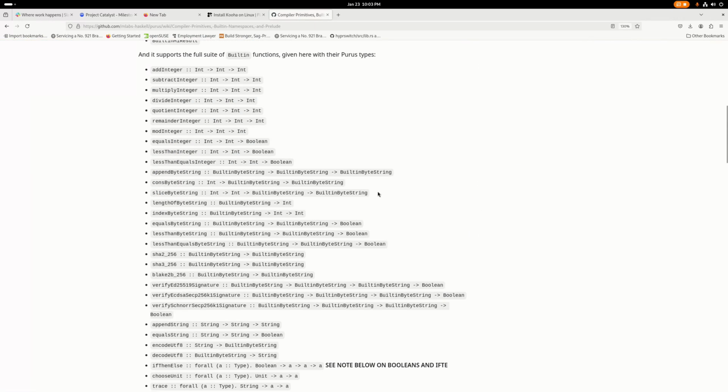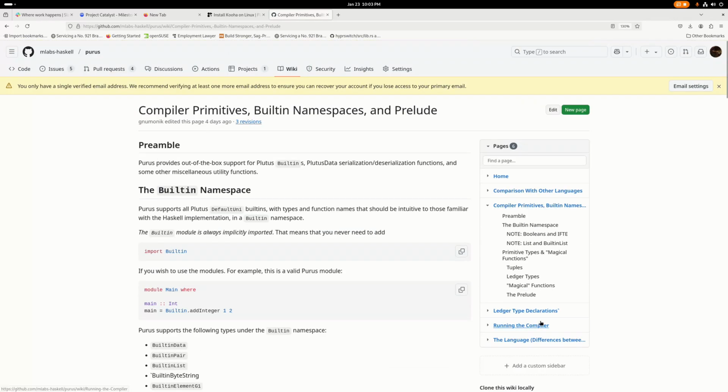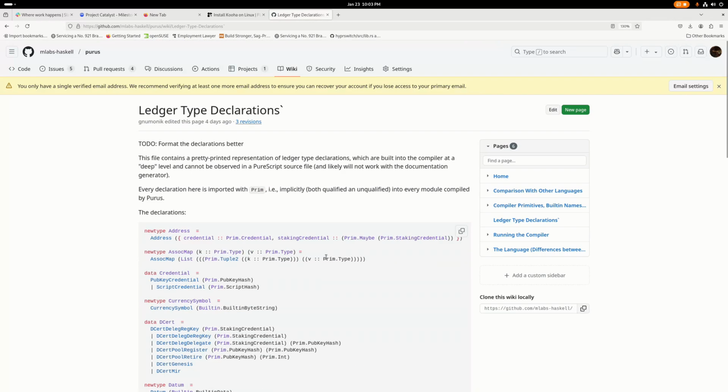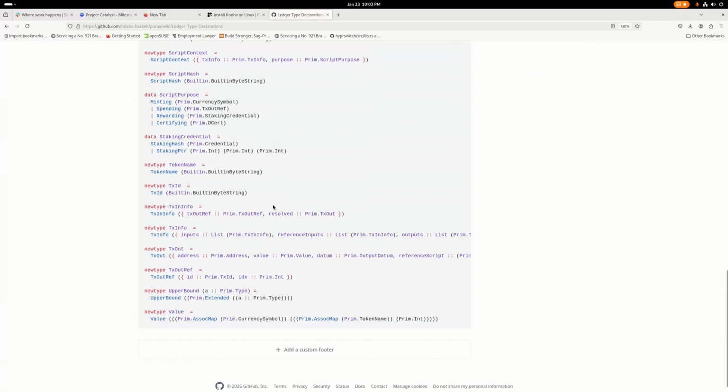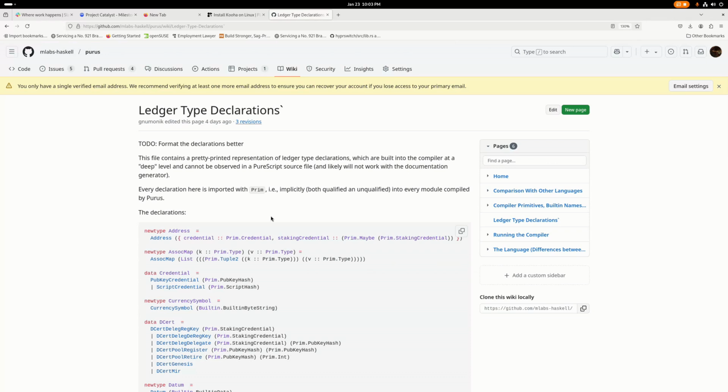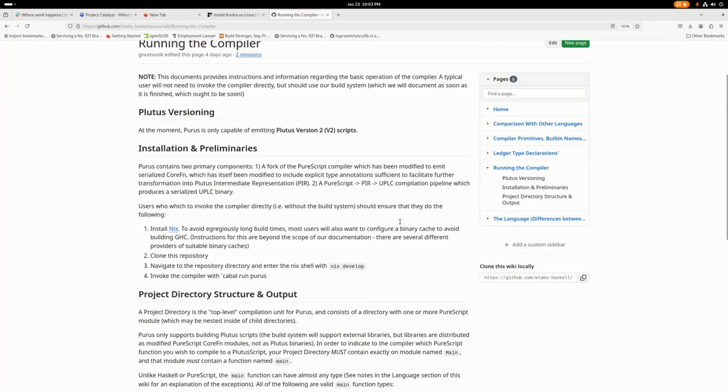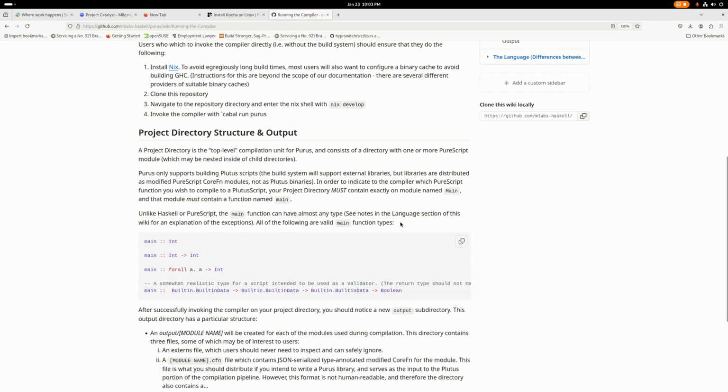There's some technical documentation on using the compiler, including some notes on the built-in functions and ledger type declarations. You can't view this anywhere in a source file easily. It's baked into the compiler. Some of these primitive functions from the previous page, and then these ledger types, are all taken from pre-printed output of the stuff that's baked into the compiler, and we have instructions for installation